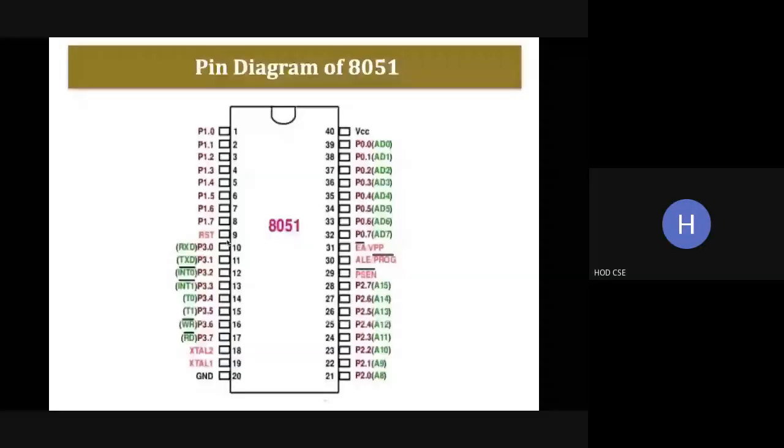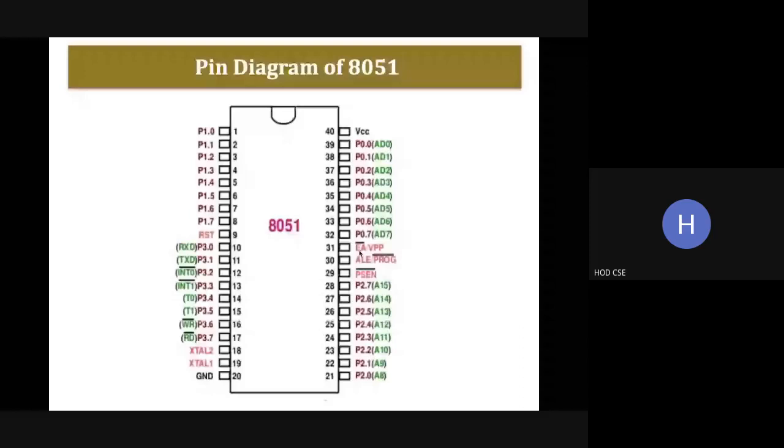When it is 0, it performs this function. The 31st pin is external access, EA, which is used to access the external memory, and VPP is the program pulse for EEPROM programming. So the 31st pin is used to perform two functions.